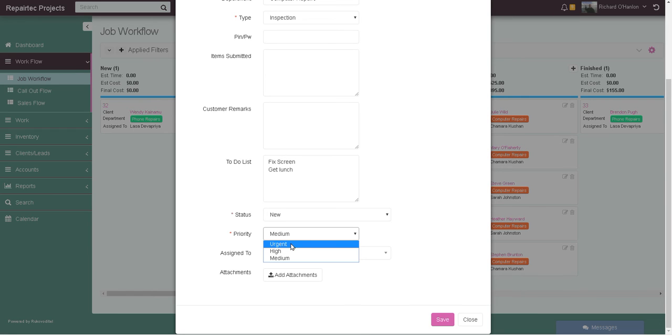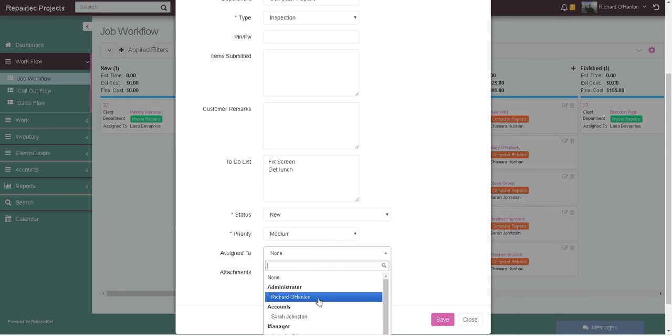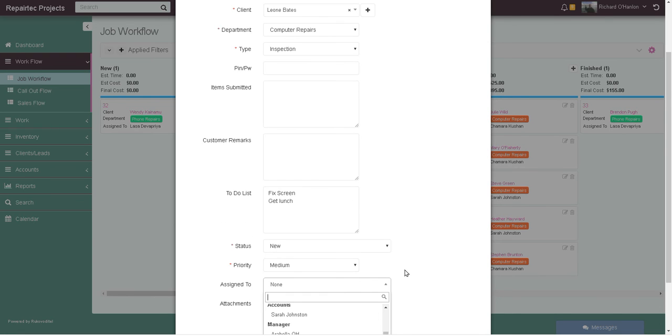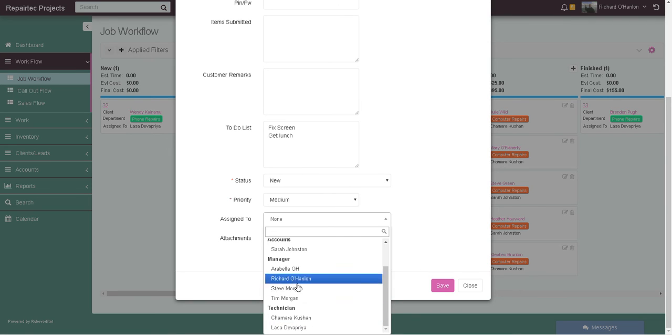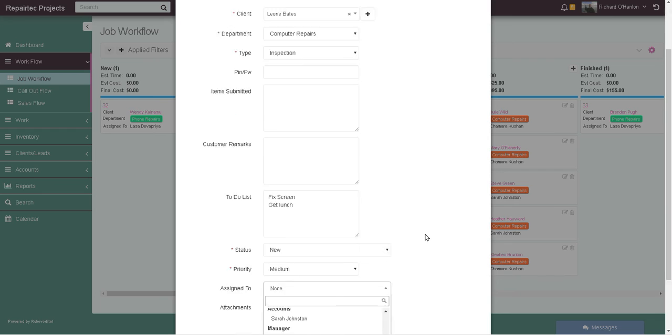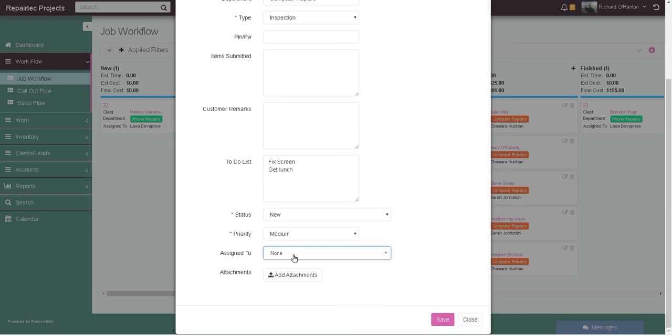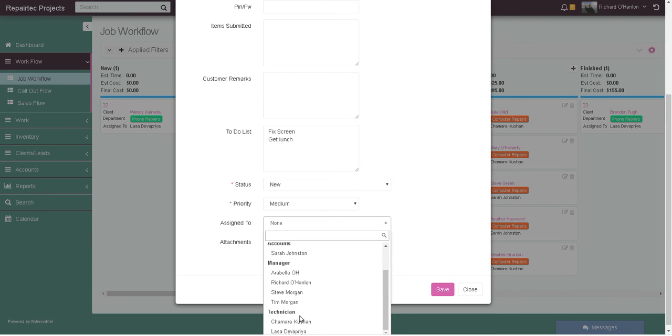Priority, you can put it as urgent if you want to, so we can pull up all the urgents. Assigned to would be whoever the person is that is doing the job, Chamara, Lhasa. I might move these up so the technicians are at the top, make it easier for us. So I'll just go Chamara,